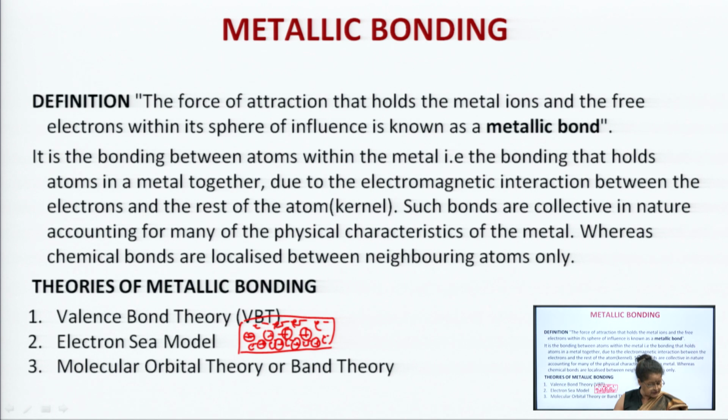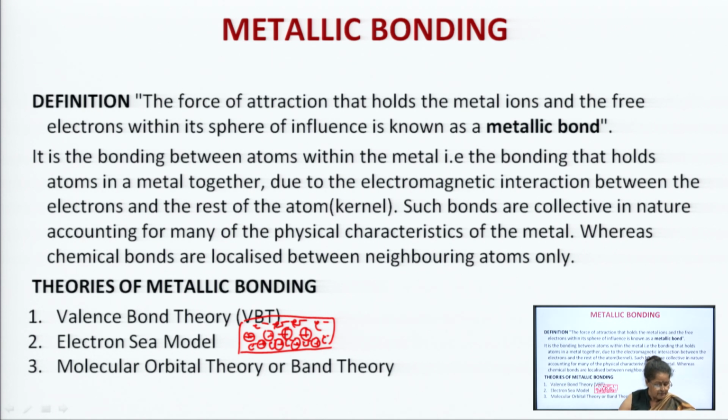So, such kind of discrepancies, the anomalies, could not very well be explained by the electron-sea model. Though the electron-sea model was near to perfection, it could explain a large number of things in comparison to the valence bond theory. Of course, valence bond theory was associated with very many drawbacks, like it could not explain electrical and thermal conductivity even, and it could not explain the metallic luster also, but the electron-sea model could explain many of the properties of the metal, but still it was left behind with some of the drawbacks, mainly,